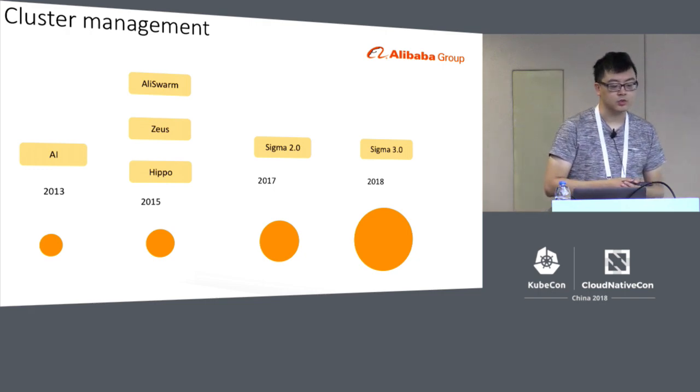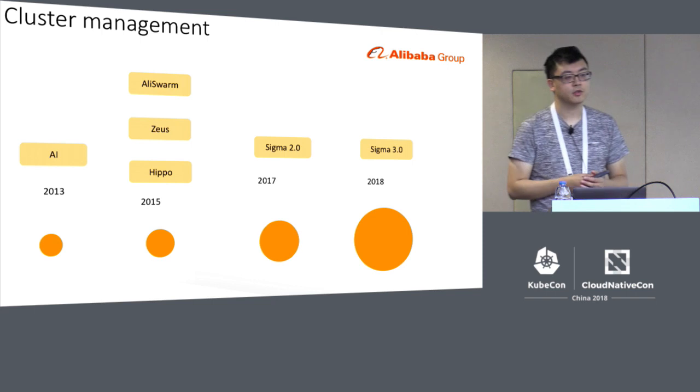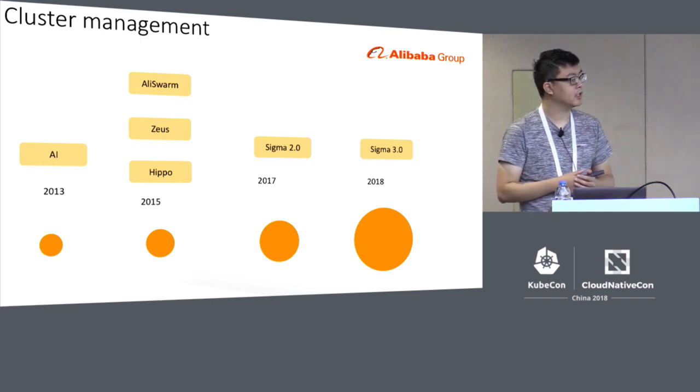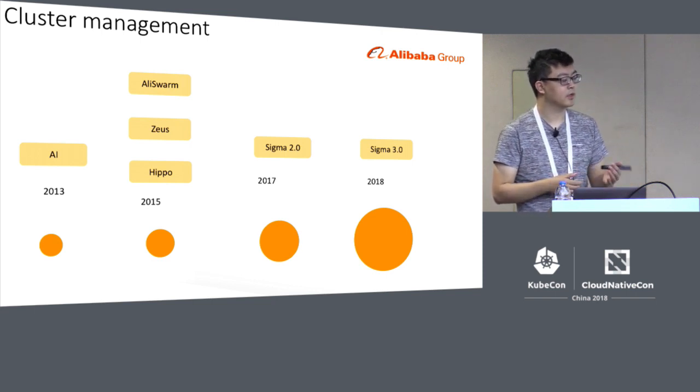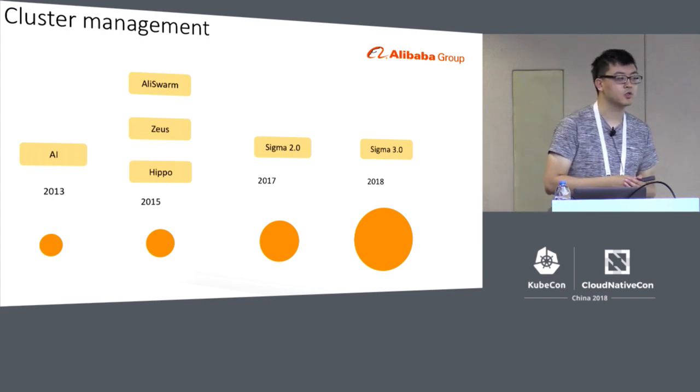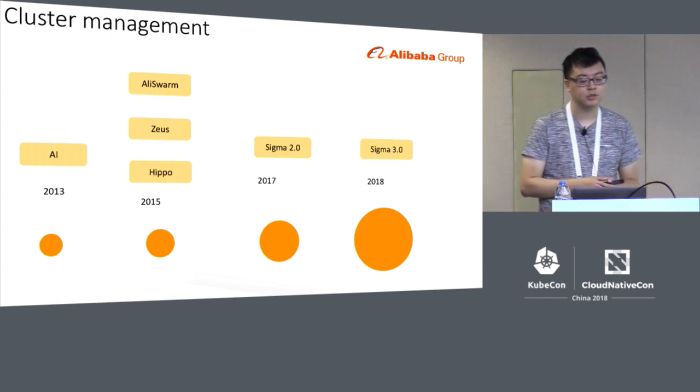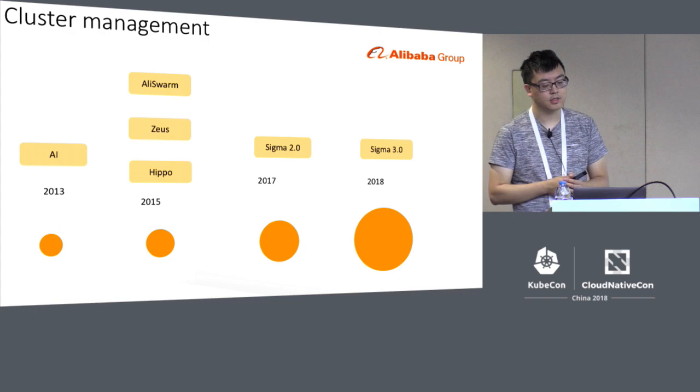Well, in 2013, we had a simple scheduling system called AI, and it did not distinguish the features or annotations of each application. It only did the resource allocation. That was preparation for T4. Well, in 2015, we wanted better resource management and allocation of this kind of resources, and that was quite complicated.